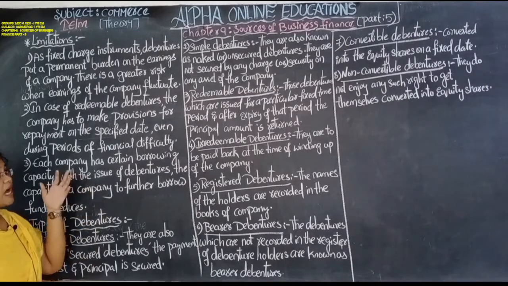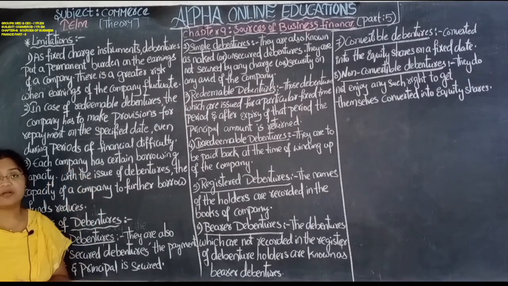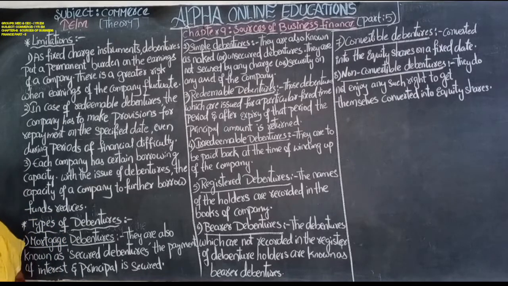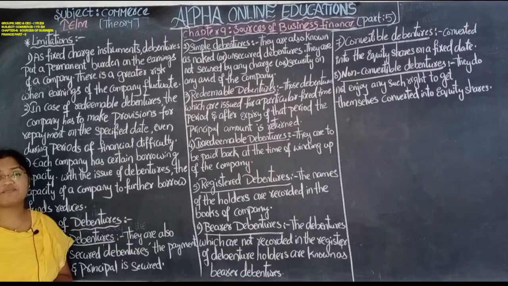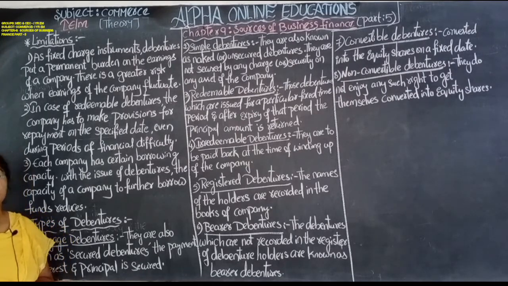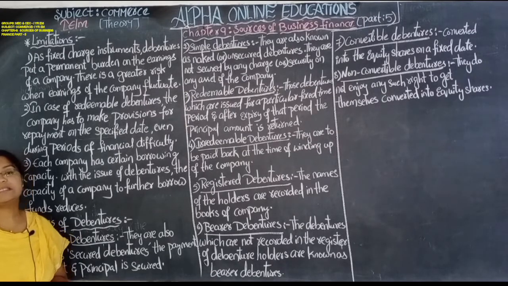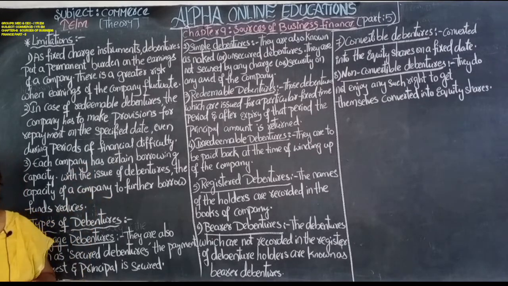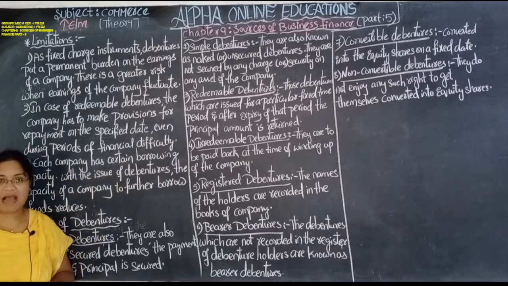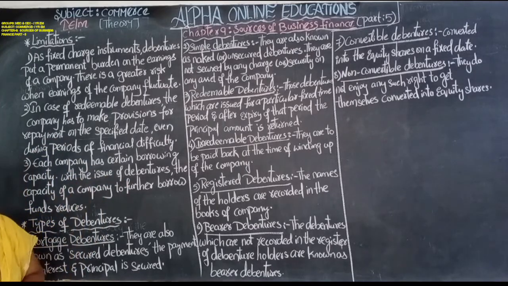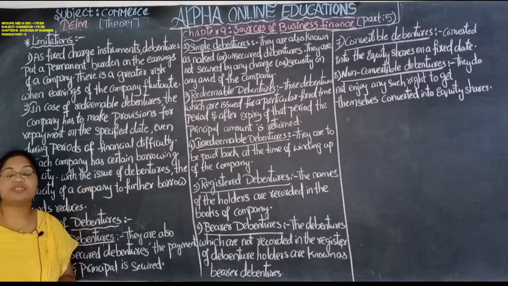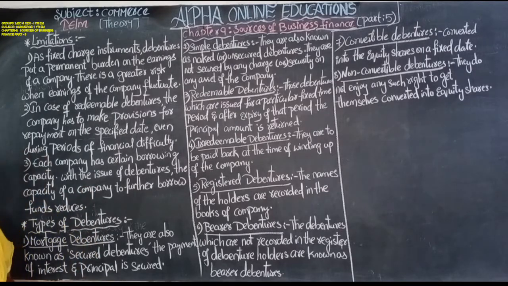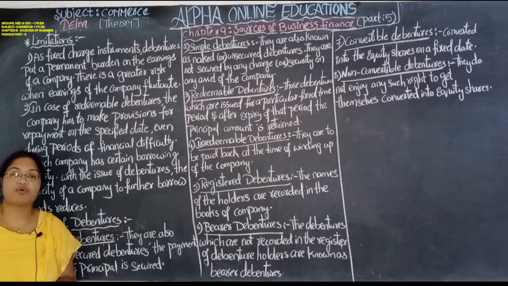to the debenture holder? So it is very problematic and very risky for the company to pay a fixed rate of interest to the debenture holder, because the company's profits are always fluctuating. Fluctuating means sometimes it will be more, sometimes maximum, and sometimes very low. So due to these fluctuations, it becomes very problematic for the company to declare the fixed rate of interest